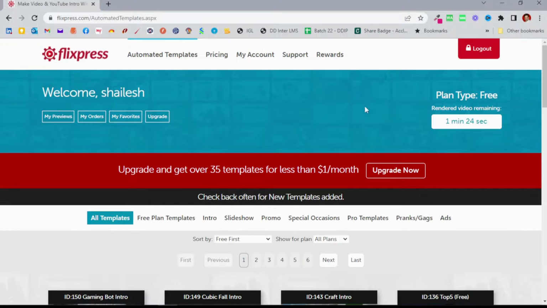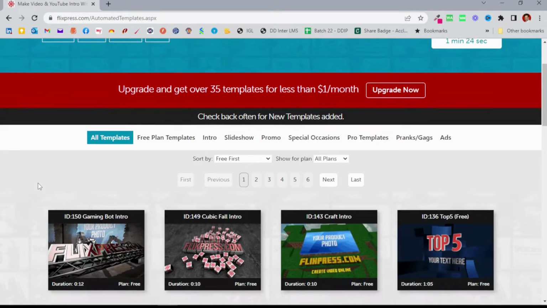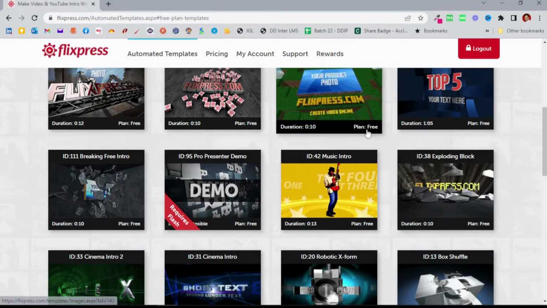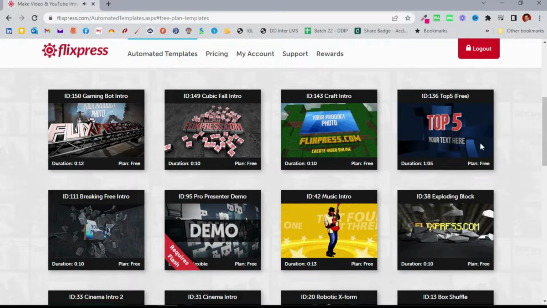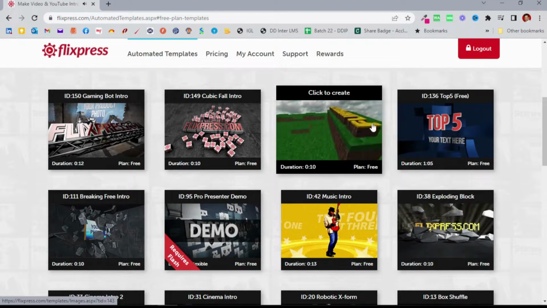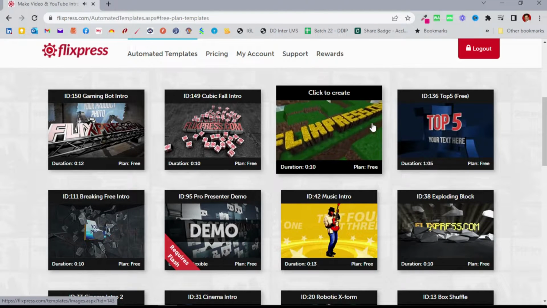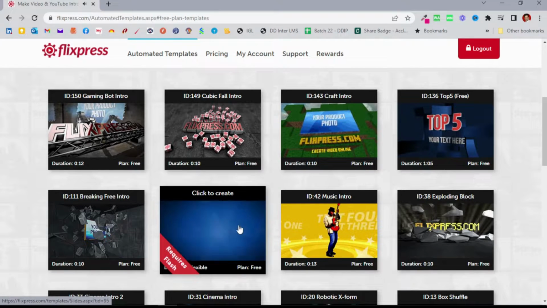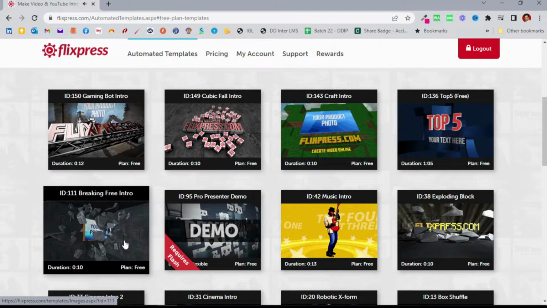After you log in, you will see different templates like intro, slideshow, promo, some special occasion. We can click and see what the free plans are. Multiple free plans are there. You can see it written here as a free plan. You can take your mouse over it and see how it looks. If I take my mouse in here,